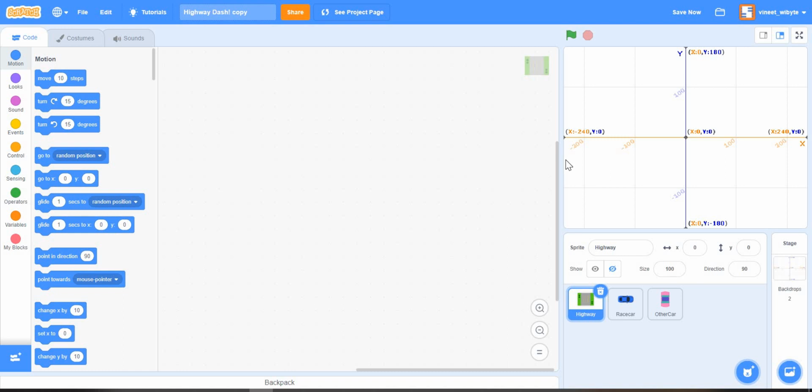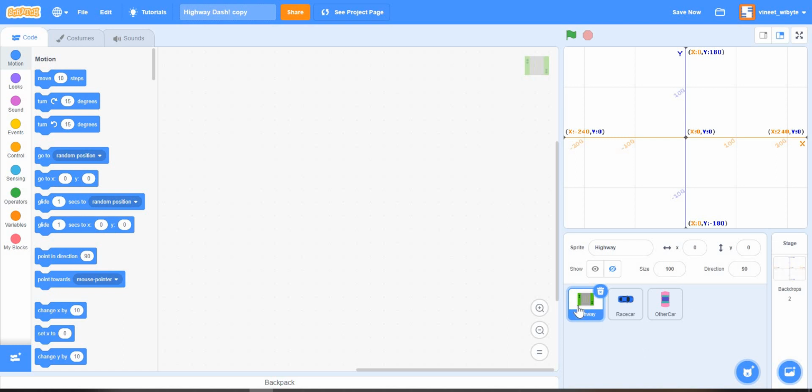So if you're doing a horizontal scroll, you have to worry about the horizontal, but here I'm just looking at the vertical. So it's going from plus 180 to minus 180, which means that approximately speaking, if my costume is completely taking up this entire space, it's really about 360 pixels, because 180 in the positive direction, 180 in the negative direction.